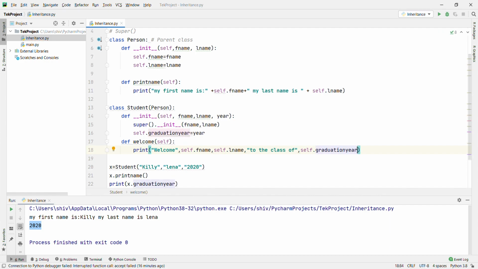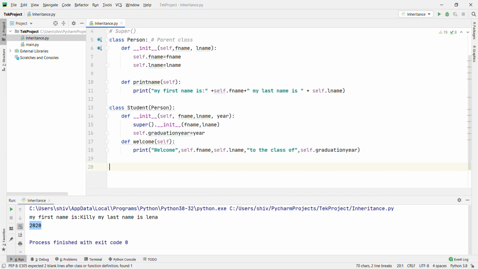Okay, now if you want to print this one, what do we have to do? Let's remove this one and create a Student once again. Okay, and pass the parameters like Keeler, take, and 2020.